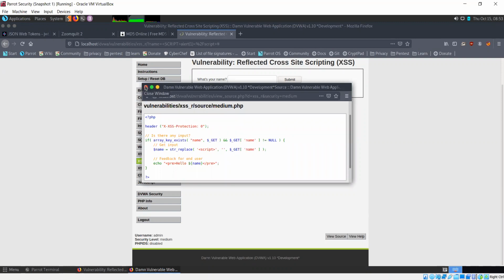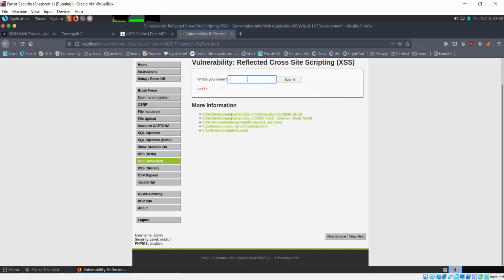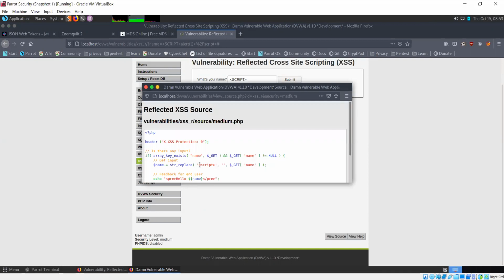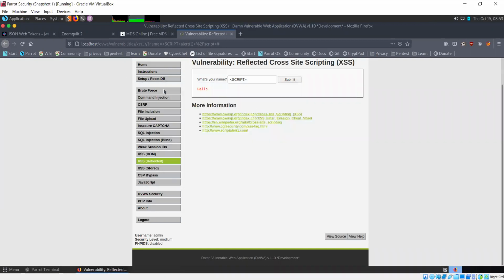Now what's happening is, if I'm writing this instead of a normal script tag, this is not getting filtered because they only specified the filter for script when it's all in lowercase. So for uppercase, it's not going to work.